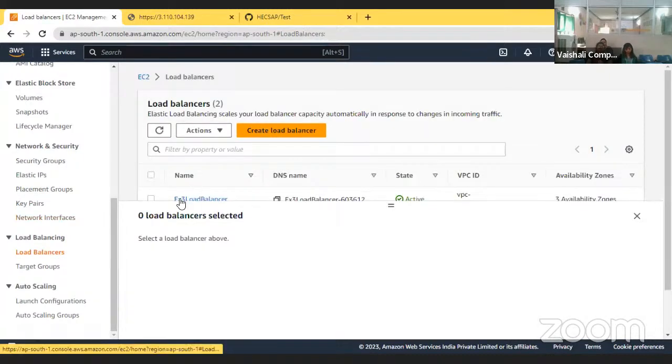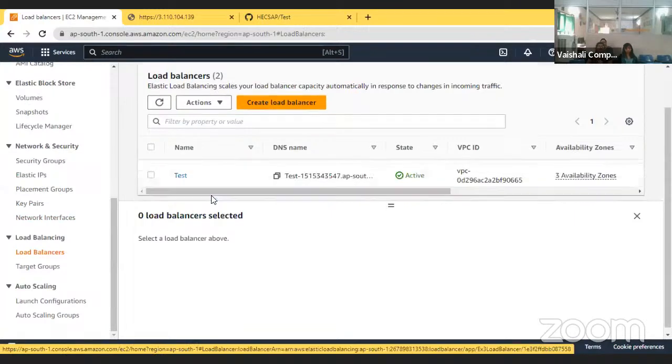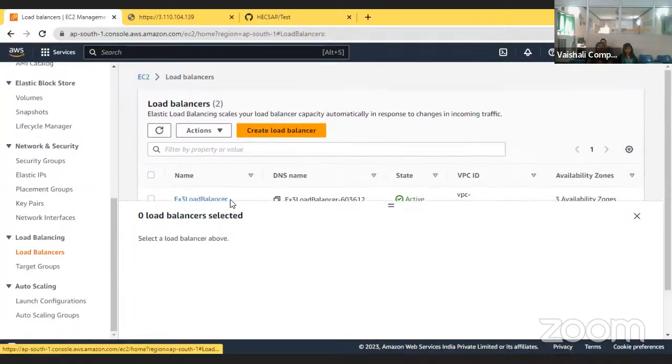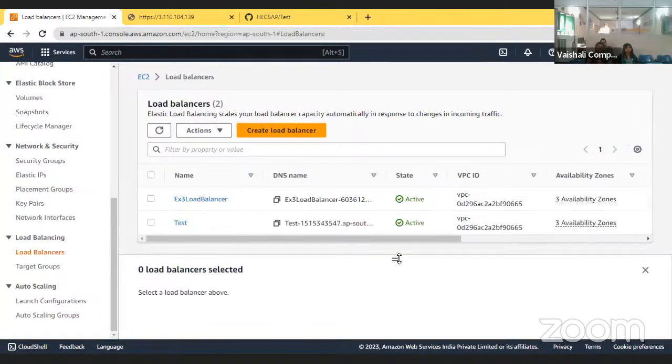I get the name EX3 load balancer. The DNS name is EX3 load balancer. If I copy this and paste it in a new tab,